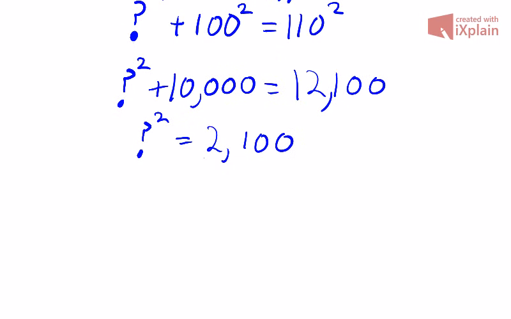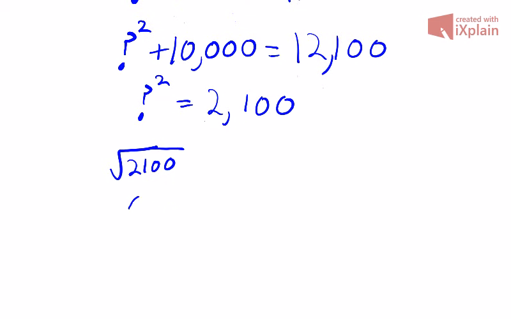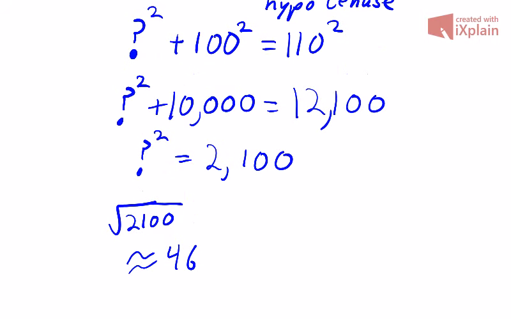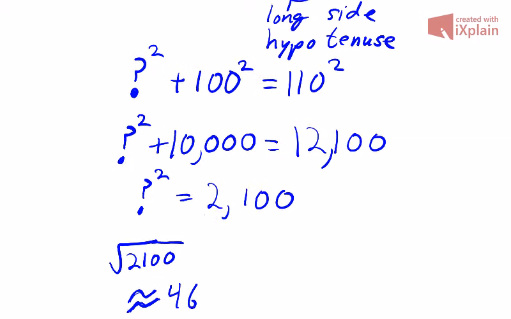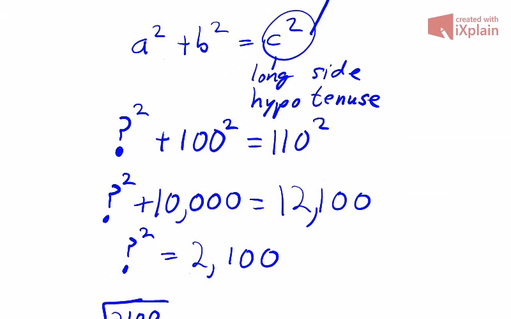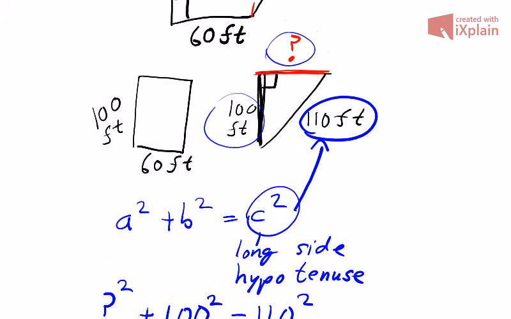So this is when the calculator would definitely have to come in. We're going to take a square root of both sides. So square root of 2,100 is going to be my question mark, which is also going to be right around 46. So that's what I'm going to use. Again, the squiggly equal sign means about. It means it's not quite exactly 46, but it's pretty close. So if I go back up to my original picture, now I can say my question mark is 46 feet,